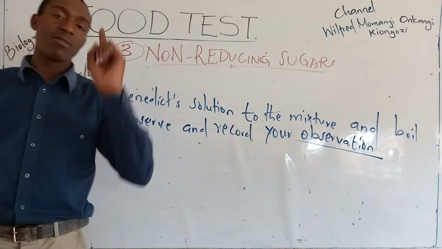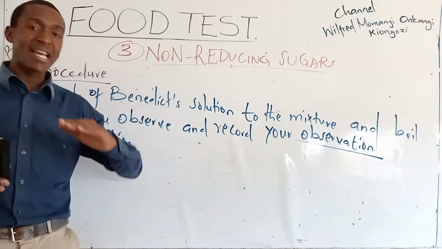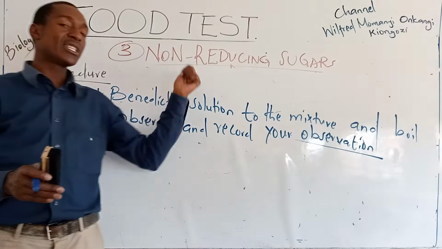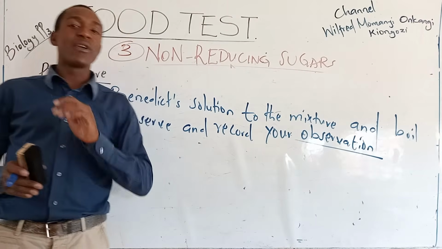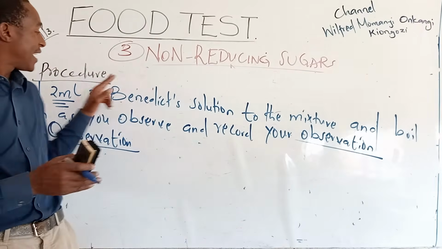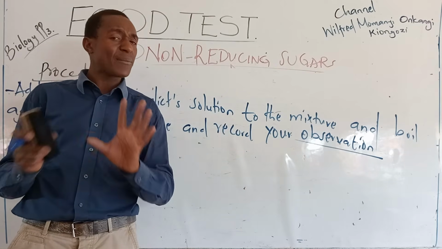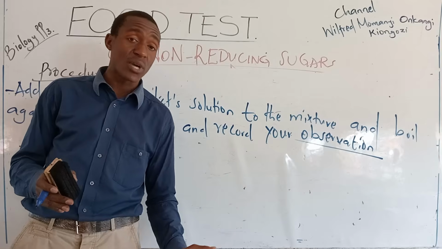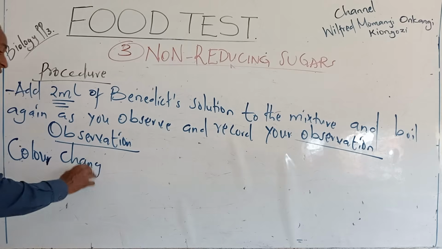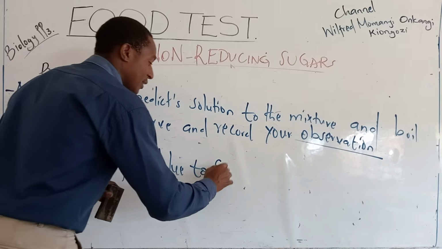made is going to be similar to that of the reducing sugars test, because first of all, we have broken down disaccharides into monosaccharides by dilute hydrochloric acid. We have neutralized the acid by a sodium hydrogen carbonate solution. And now we've added Benedict solution and boiled the mixture again to see the color changes. That means that process has completely given us reducing sugars, and so color changes from blue to green